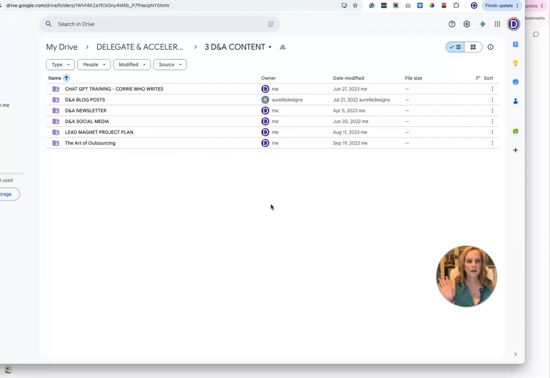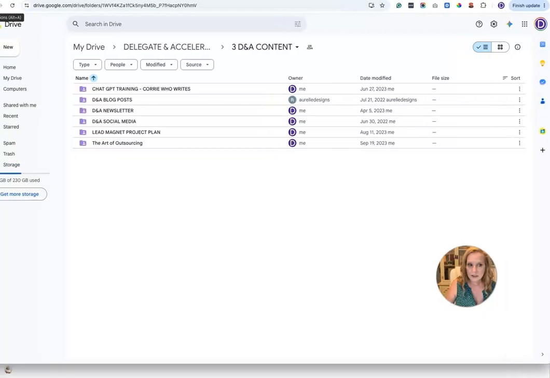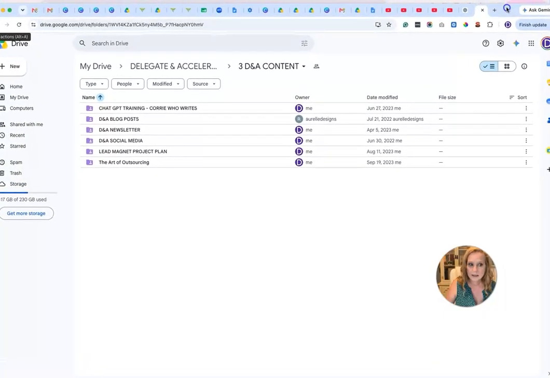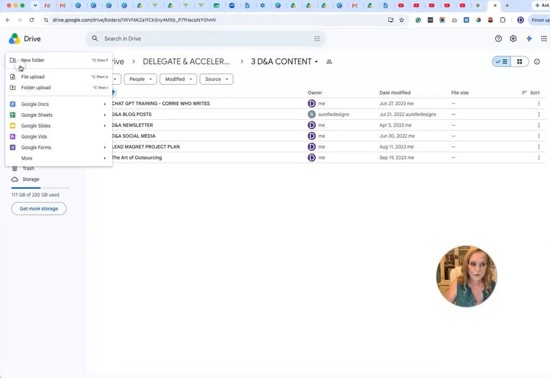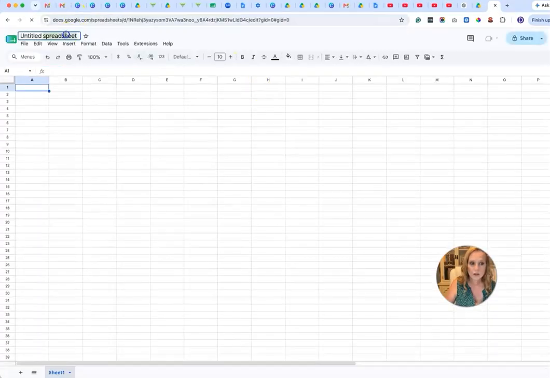Now, of course, I can just download a template from somewhere, but I have very specific desires for this. And also, I'm going to create it like a template so that I can share it with my clients and with people that I coach. So, what we're going to do is create a new spreadsheet inside of my DNA content folder. So, new Google Sheets, blank spreadsheets, create and share. I'm going to call this